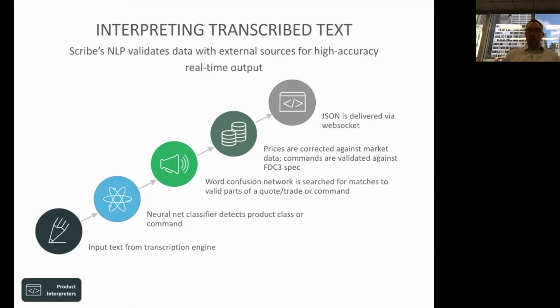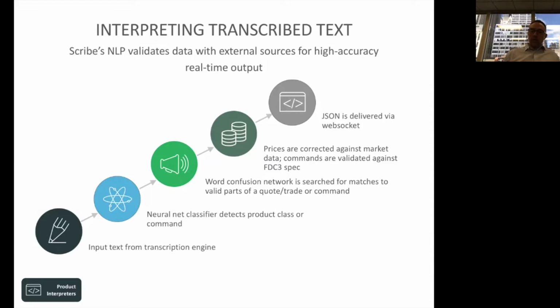And we do the same thing with voice commands. So the FDC3 spec has a list of intents and contexts that we can verify against to get extremely high accuracy. And finally, we deliver all of these results via WebSocket in structured JSON,